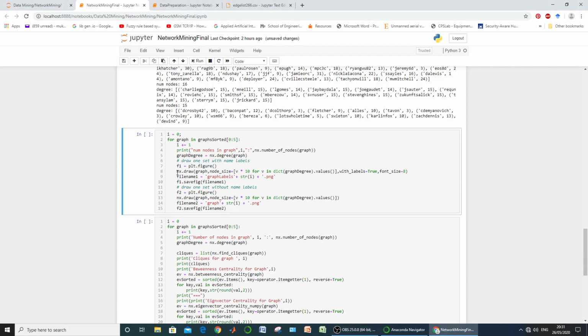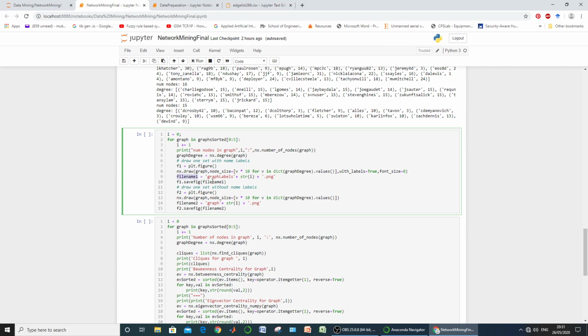The next statement is the draw, with argument graph, meaning the first instance from the sorted graph, and its node size is again proportional to its degree, and then with labels equal to true, meaning we want to visualize the graph along with its labels. This is named as draw one with labels, meaning the names of the nodes will be printed on the graph, and font size is equal to 8.